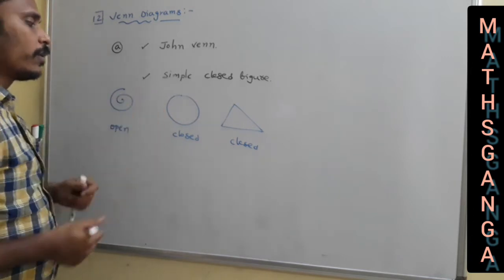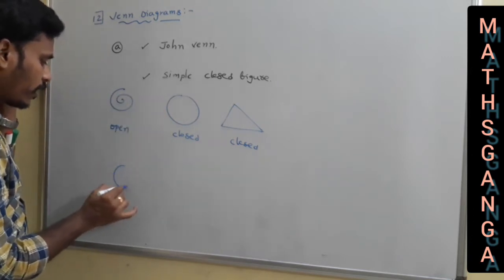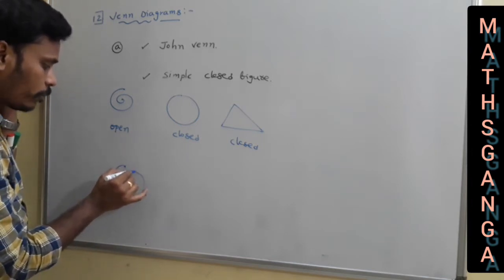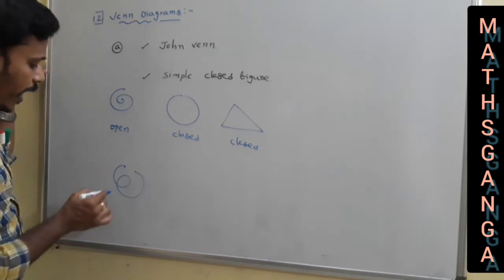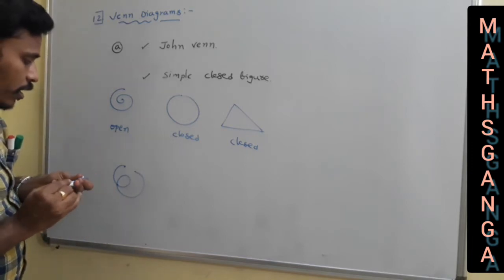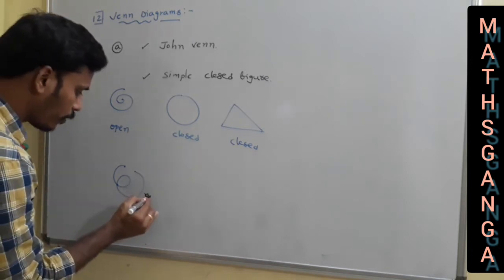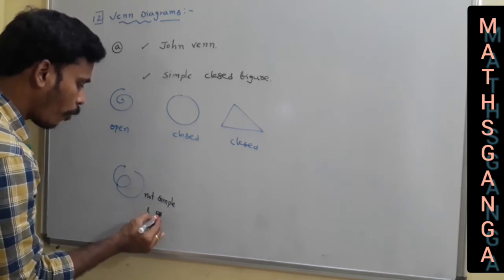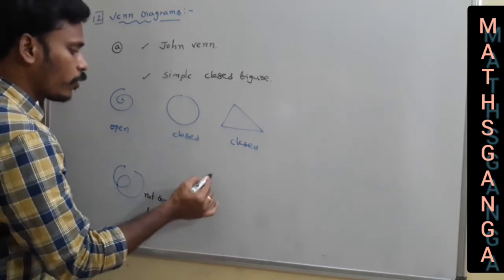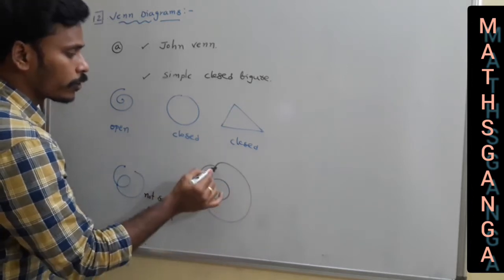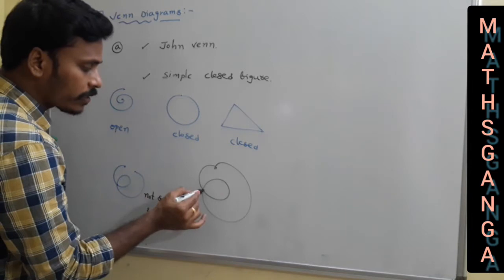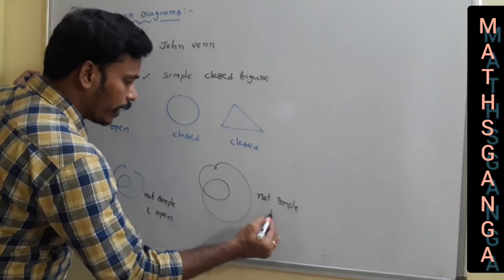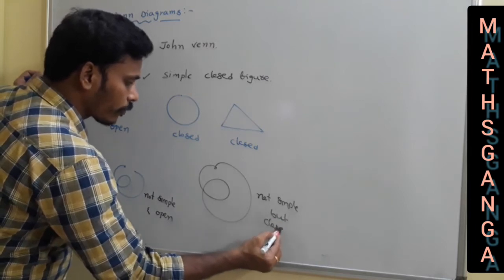But whereas for simple, if a curve has any intersections, for example, if I have a shape like this, this is not closed because the starting and ending points are different, and here I have one intersection. So this figure is not simple and is an open figure. Whereas if I use this type of figure, it is closed, but since I have an intersection there, it is again not simple, but closed. Is it clear?